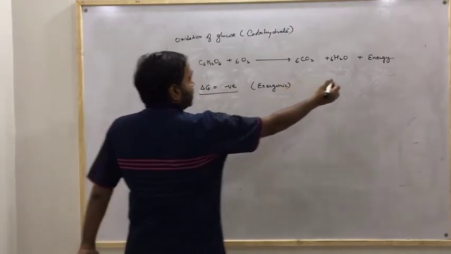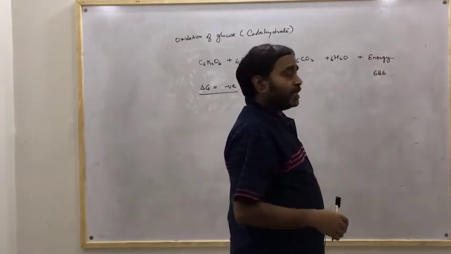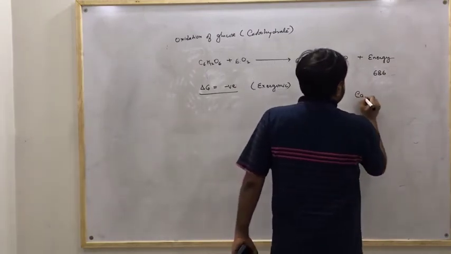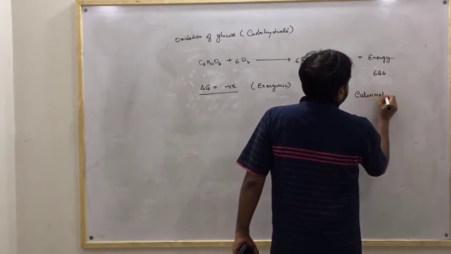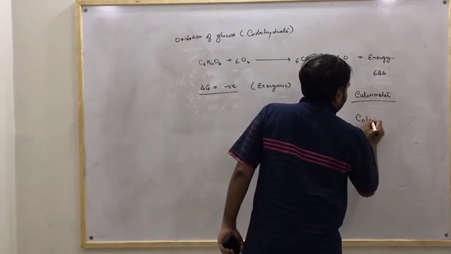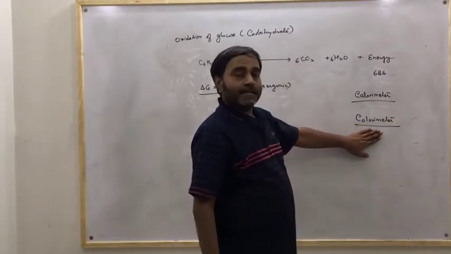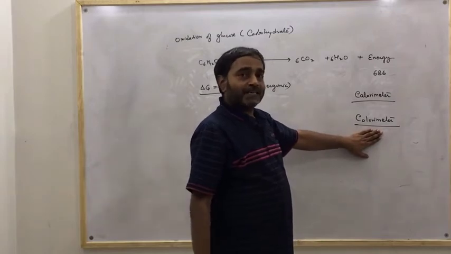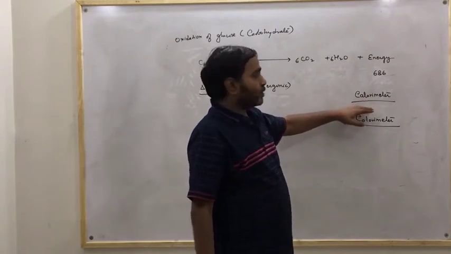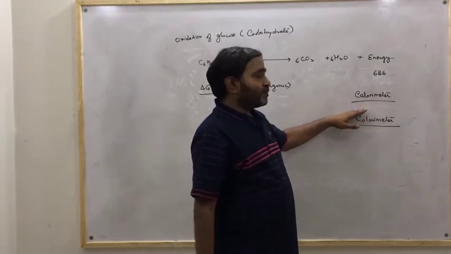And what amount of energy will be liberated here? That is measured using a calorimeter in the laboratory, and you also need to know the spelling of calorimeter, which we use in the chemistry lab. If you want to know what the other instrument is, it is based on wavelength. There you will study biomolecules practically by their wavelength, and that is called a colorimeter. But here the spelling is calorimeter, because here you are measuring energy, heat. That's why its unit is calorie. So its name is calorimeter.